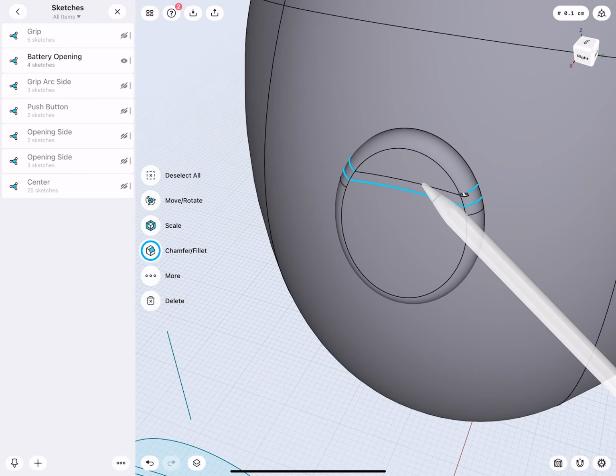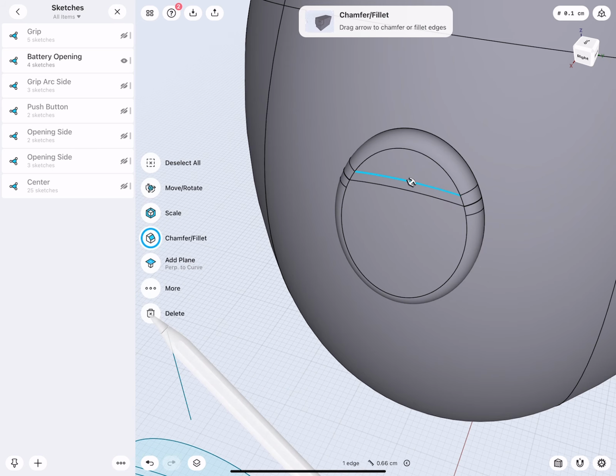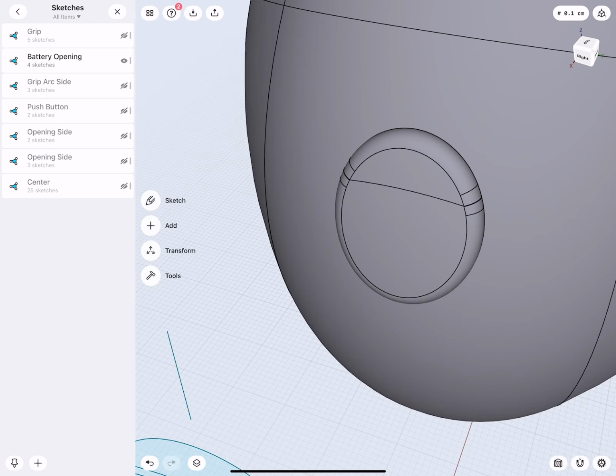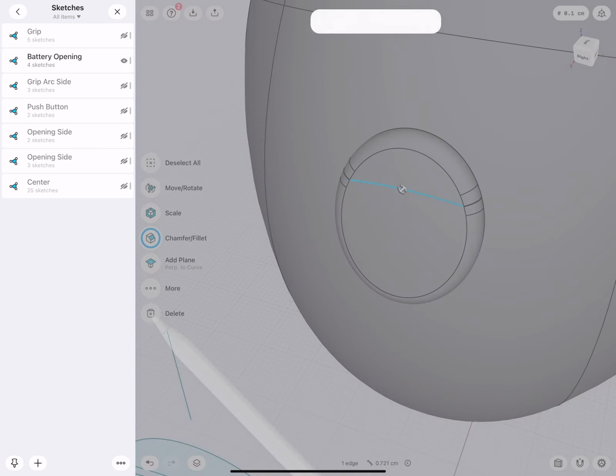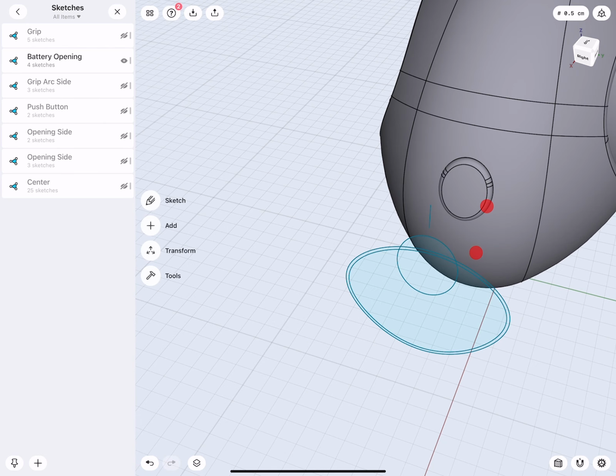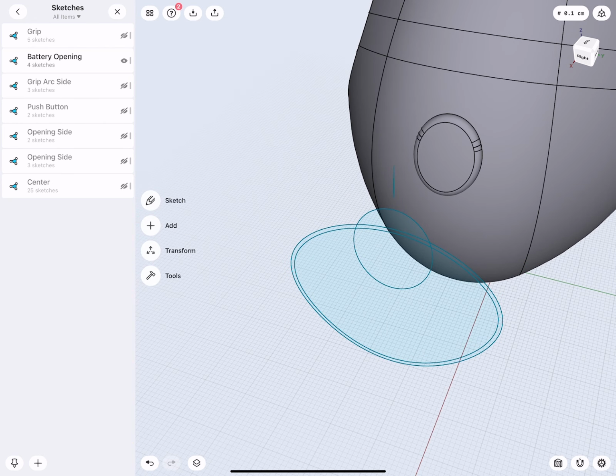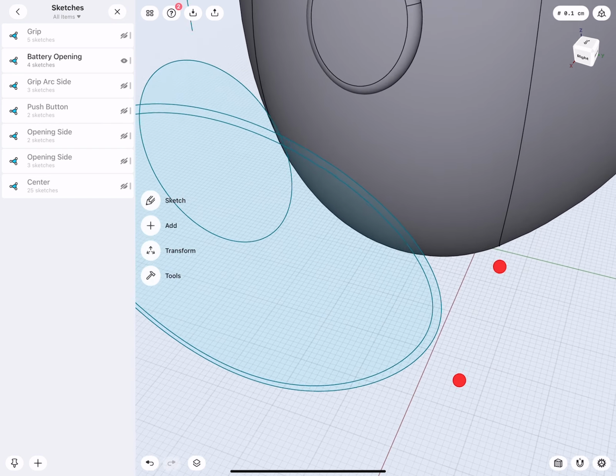Yeah, not all. Some edges we can remove. Some are more difficult. There. This we can remove. Okay. So how could we do this differently?